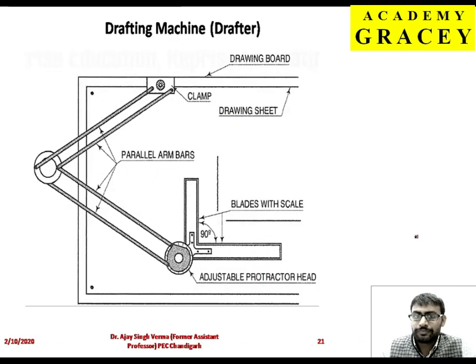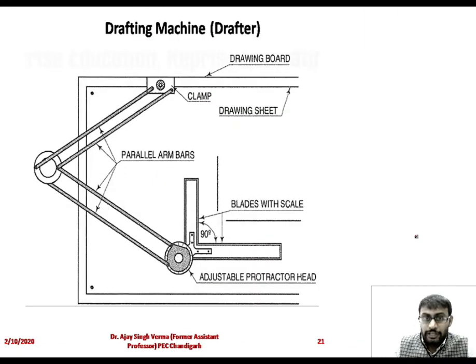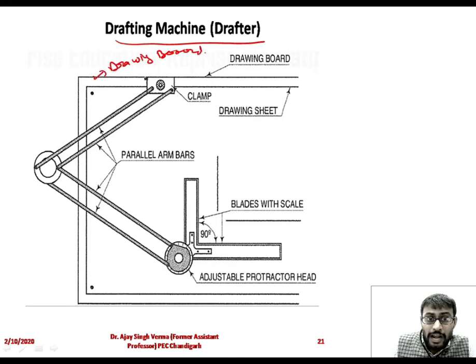So next is the drafting machine. It is very important in your drawing instruments. Drafting machine, or you can say a drafter also. You can see this is your drawing board, and this is the top left corner of the drawing board. We will fix our drafter at the top left corner. What is the reason behind this? Because this is the construction all over the world, the drafter having this similar shape.